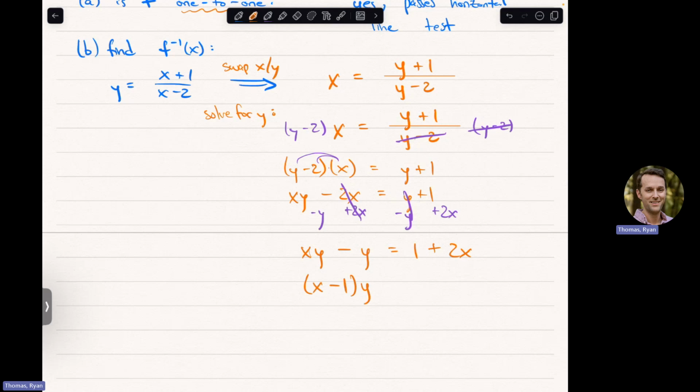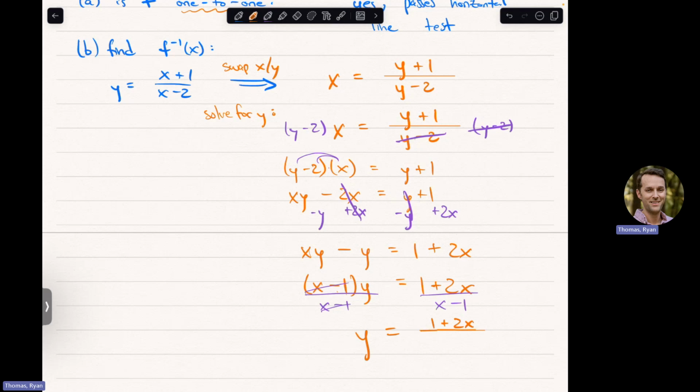So factor the y out of that, xy minus y. I can factor that as x minus 1 times y. The reason I'm doing that is so that I can get rid of it. I want to get y all by itself, figure out how many y's there are on the left-hand side. Well, there's x minus 1 of them, right? And unfortunately, I can't really make that look any nicer than it does,